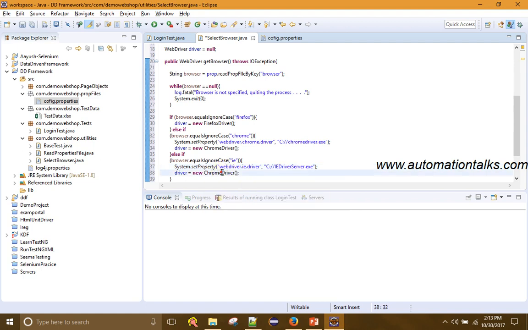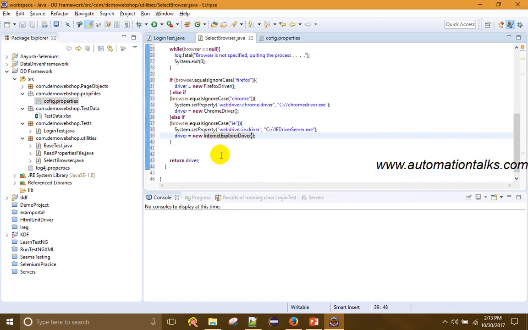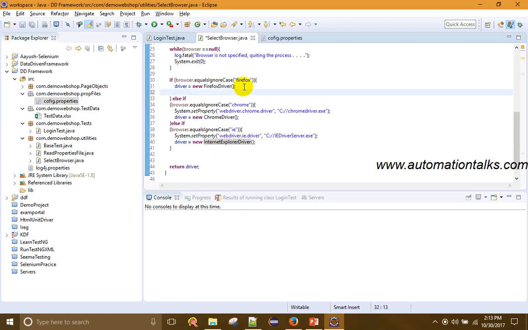And you can launch it by using Internet Explorer driver. Right? So this is how we can select a driver, and once the driver is selected we can log the